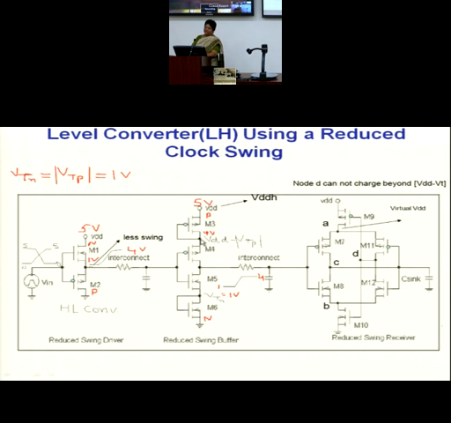This is my modified VDD. And I need to design this such that this value is just close to 1 VTP, such that the difference comes to VDD minus VTP, which I can configure to be equal to 4 volts. I can design that.